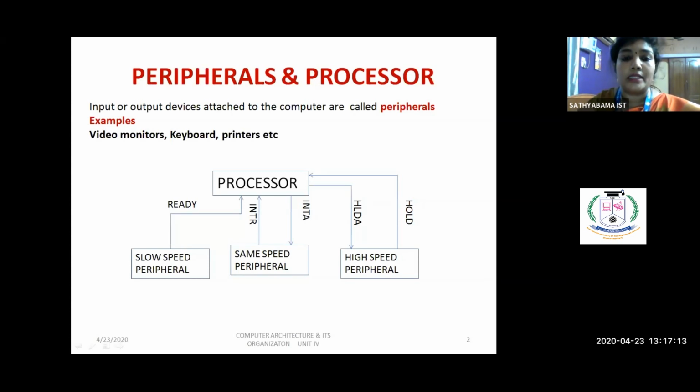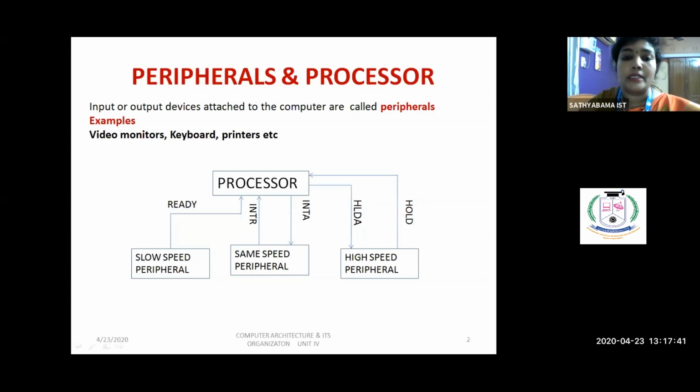When the processor receives the ready signal, it starts accepting the data from the low speed peripheral. For example, a keyboard. A person has to type the data on the keyboard. Till it finishes typing, the processor will go to the wait state. After finishing typing, the keyboard will send the ready signal to the processor.